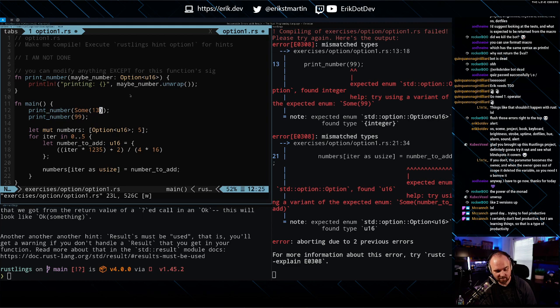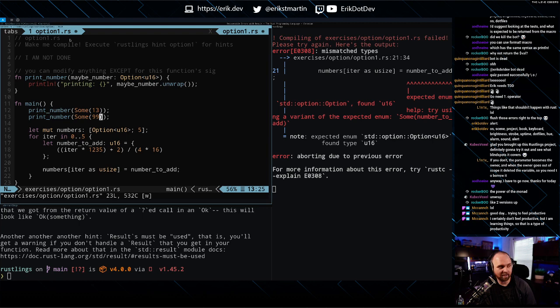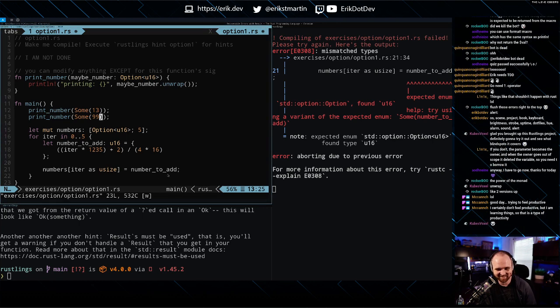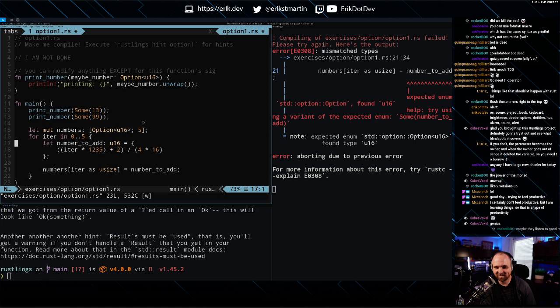How did they not make one of these examples be sum 41? Am I showing my age, or does anybody else remember that band? Alright, expected. Maybe they listen to good music.